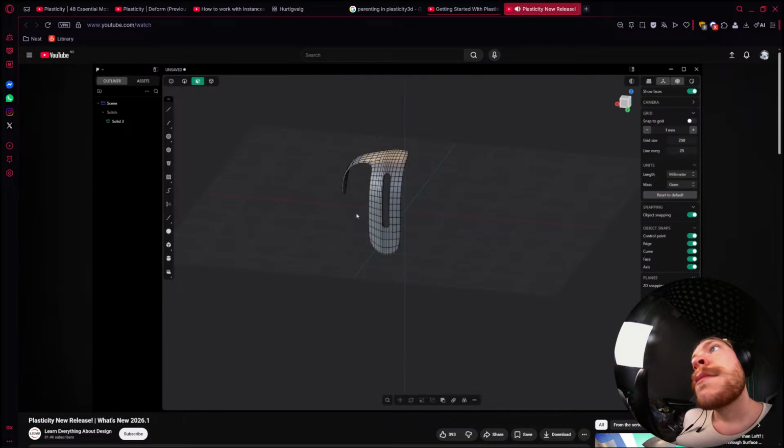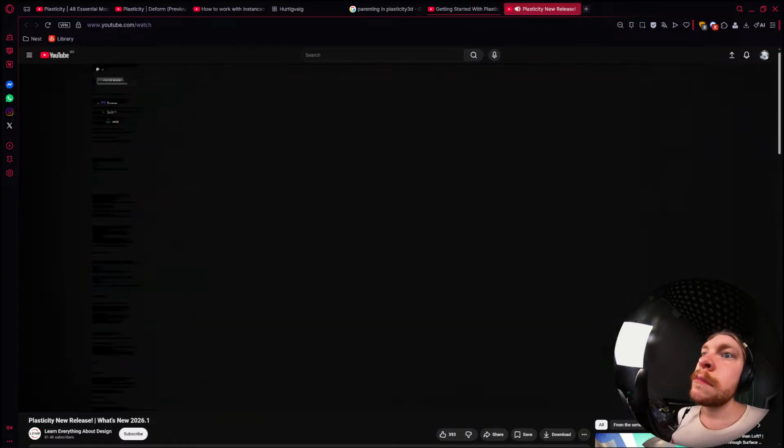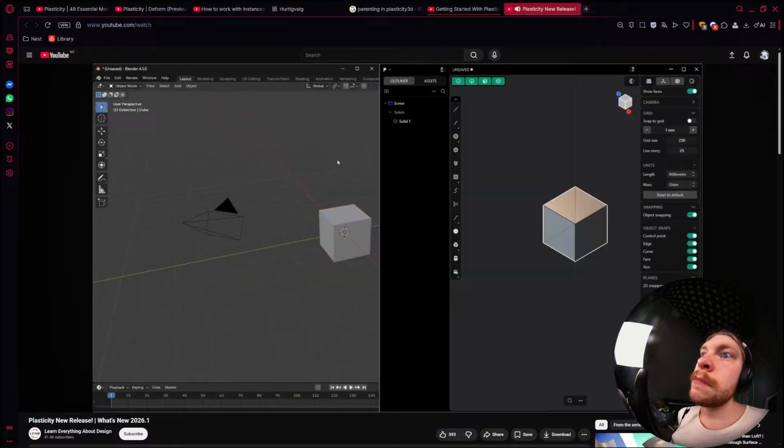So if you have a triangular mesh, it's not going to work. It does need a quad mesh, but the results are going to be G2 continuous. So a really nice output. But the other thing that this opens up, which is really cool, is the ability to use the Blender bridge in two directions. And so to look at that, let's go ahead and take a look at Blender and Plasticity